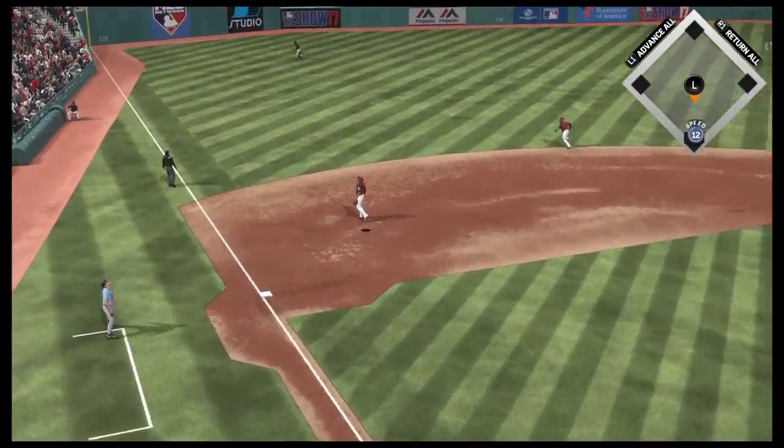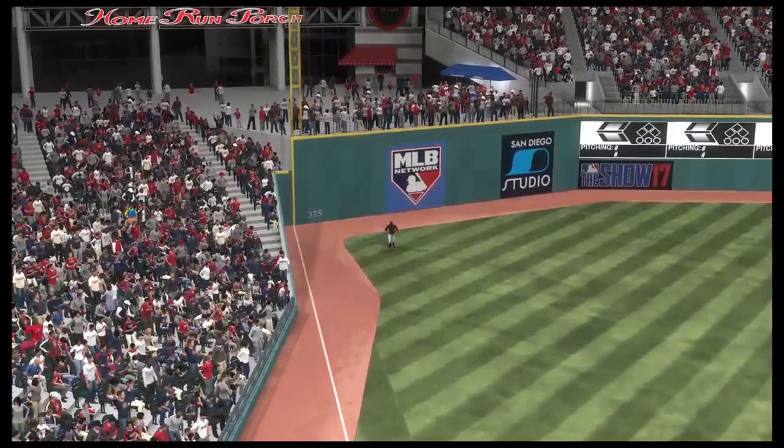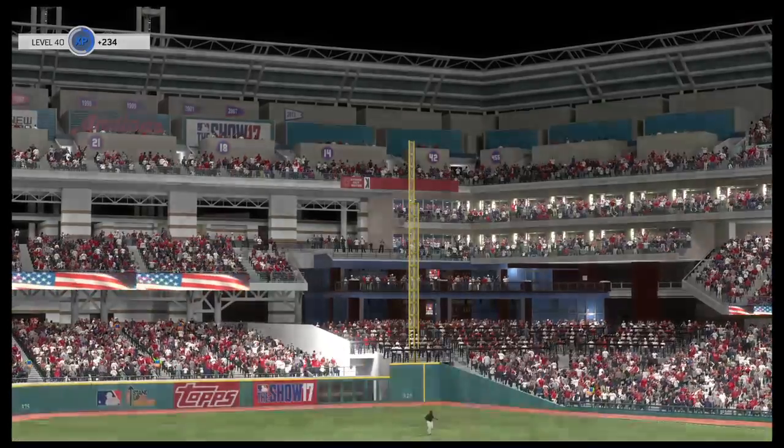Skied in the air to straightaway left. On the move is Fowler. And that retires the side. Ladies and gentlemen,